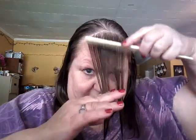So there's the tips right there. So pretty good bit. That's 1 inch, 2 inches, about 3.5 inches of growth in 3 months, which is, I mean, I'm really well pleased. And for those of you that don't know about hair oiling, it is a